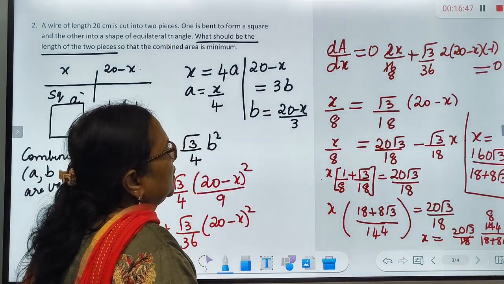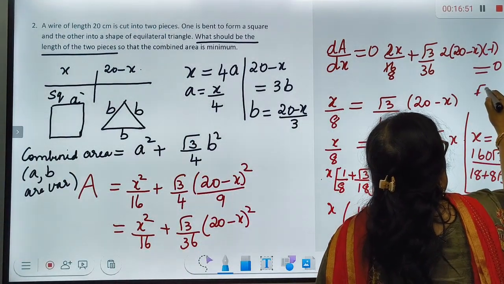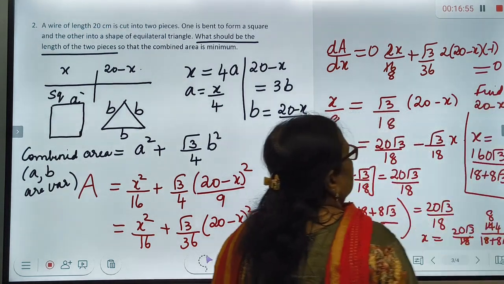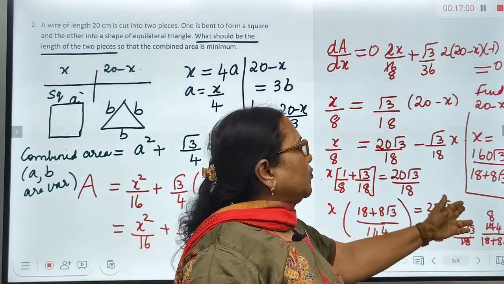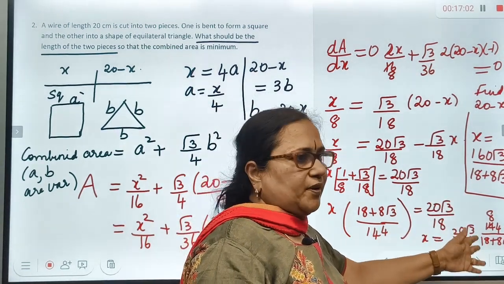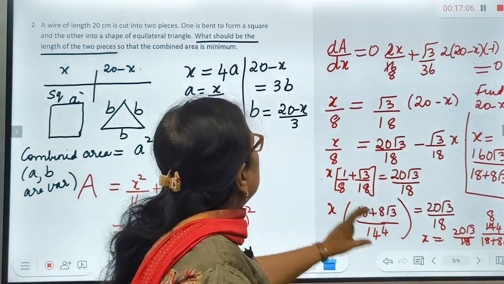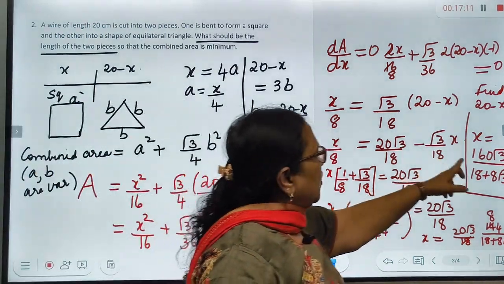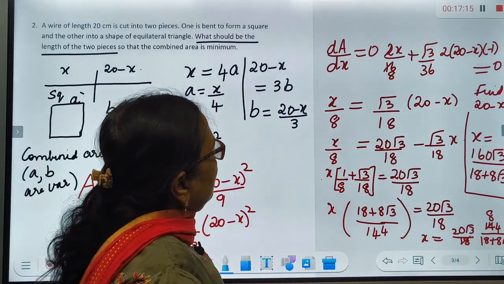What should be the length of the other part? So, find x. Please find 20 minus x. This is x. Okay, if you want, you can use 1.732 for root 3 and simplify, or you can keep it as it is. Also find 20 minus x to find the other part. What should be the length of the two pieces? So, if this is one piece, what is the other piece? Okay, now